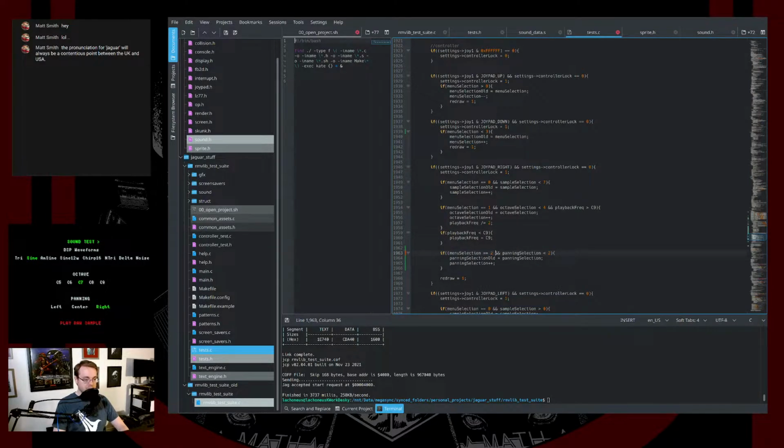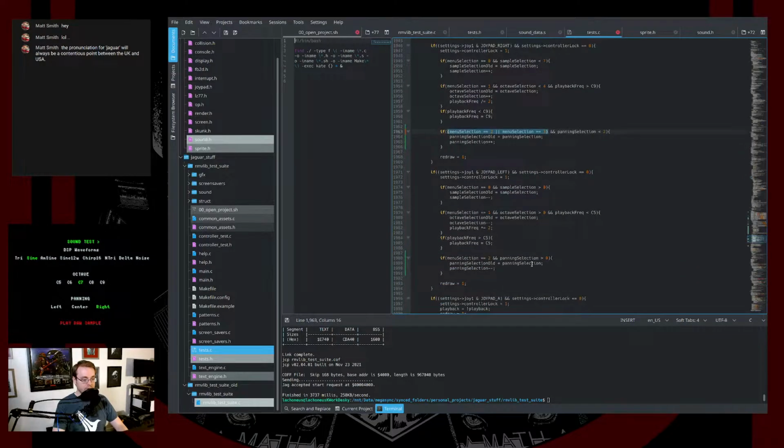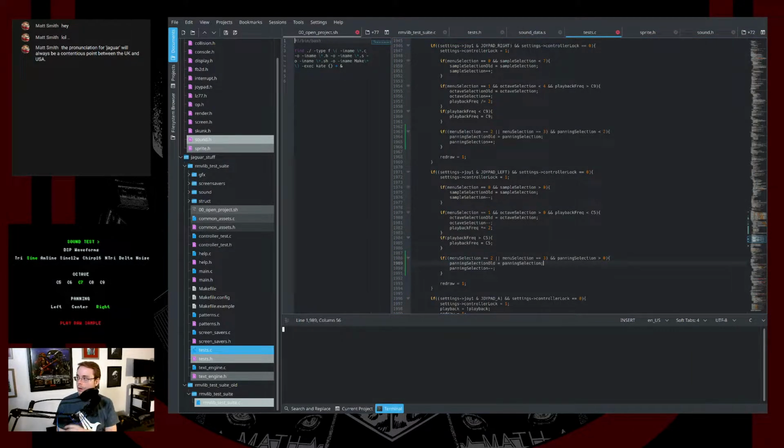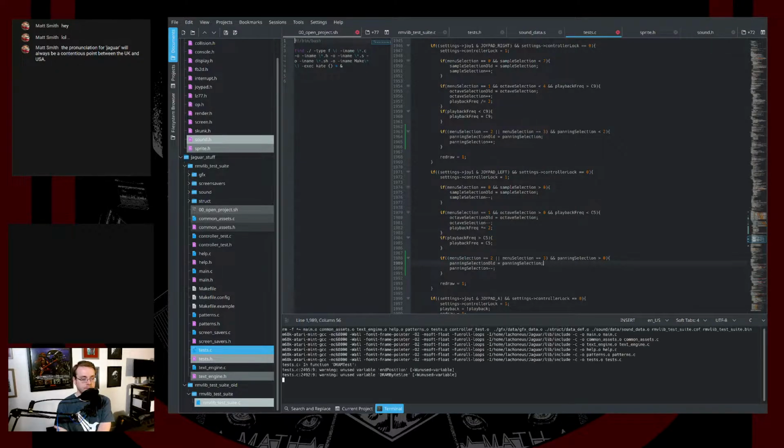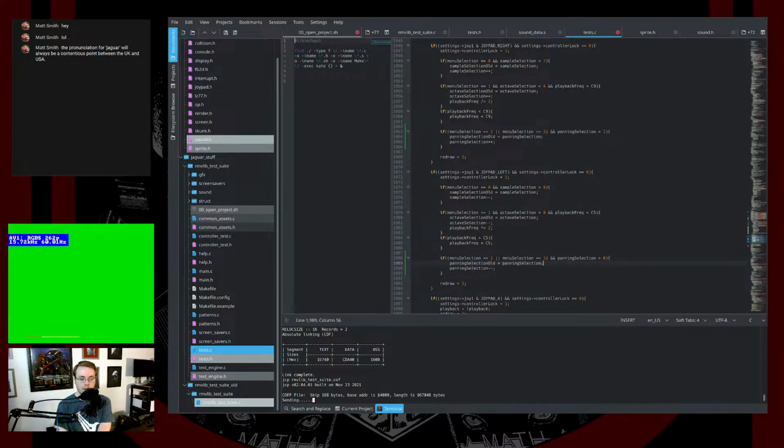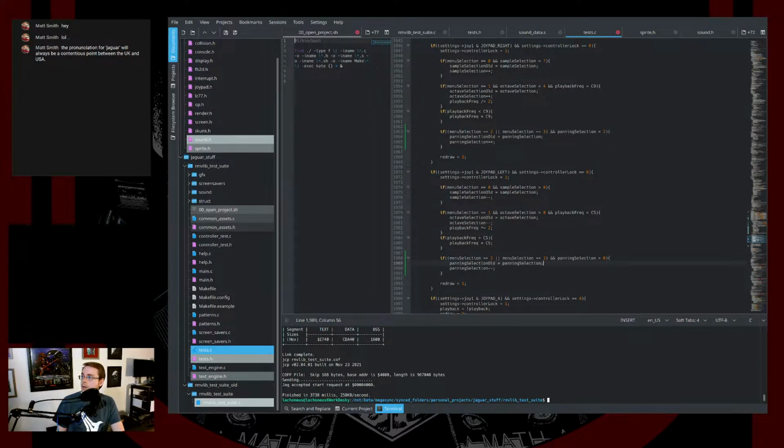We just wrap these in parentheses and add another OR, menu selection equals 3, just like that. Copy this down to left as well, like that. And now we should be able to adjust the panning even though we're on menu option 3. Audio, so if we go down here, we can change it when we're on panning, which is menu option 2, but then when we play back the raw sample,